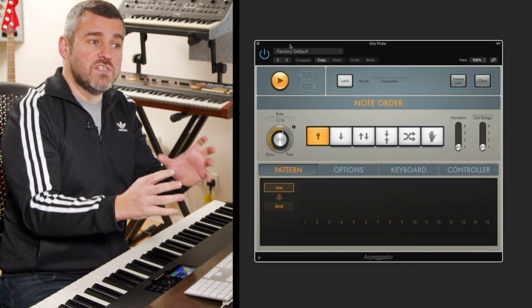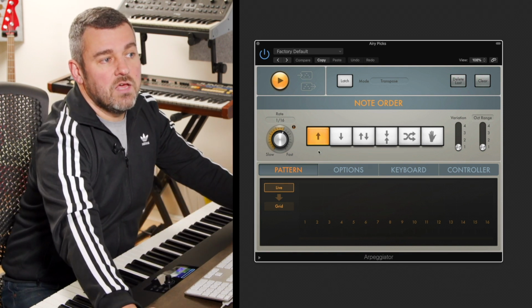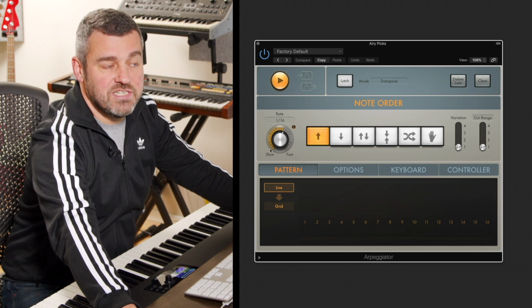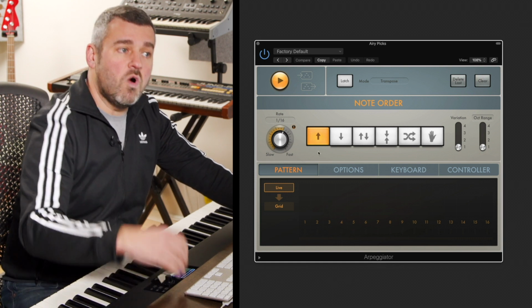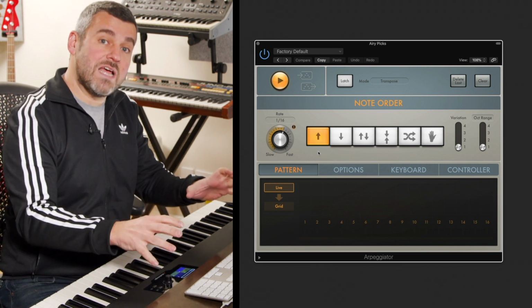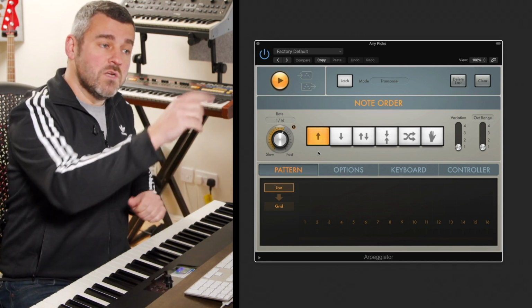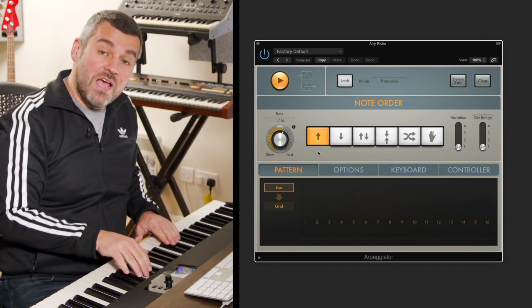Now, what this allows us to do is to work in a number of different ways. We can see straight away that the first parameter that we have available to us is the rate that the Arpeggiator is going to be working over, and we can also see the direction of travel. What arpeggiators do is allow you to hold down a chord and have that chord broken up into a sequence of notes. So with this up motion selected and at 16th notes, if I hold down a chord,